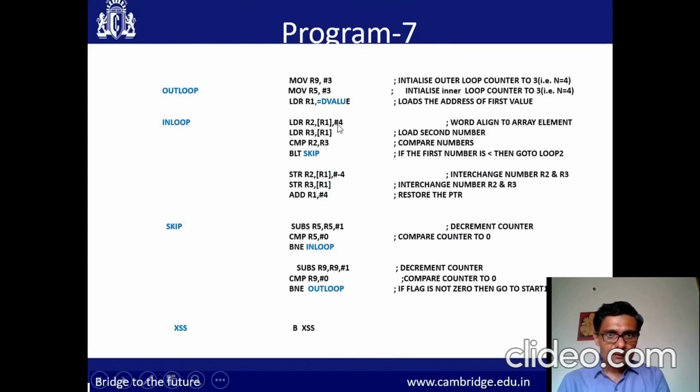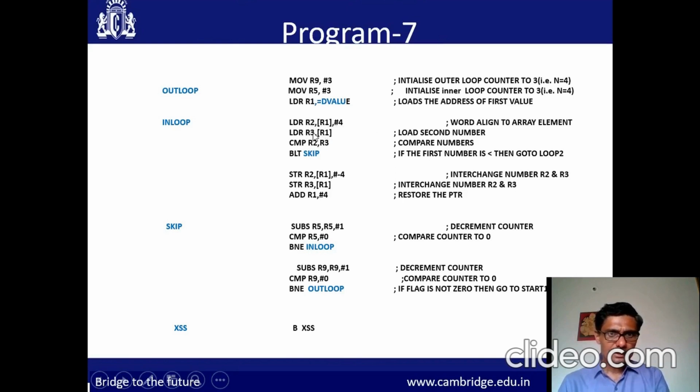Then the first data, see again what I am doing, I am copying the first data into R2, then post-incrementing the pointer by 4. So my first data is now in R2.